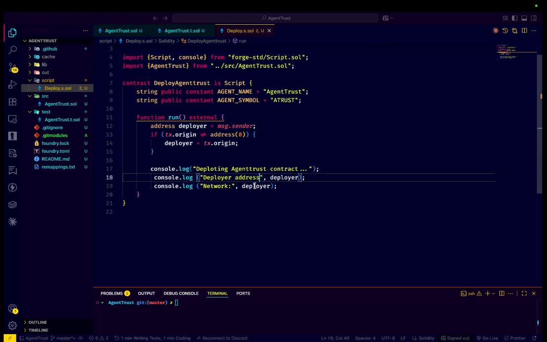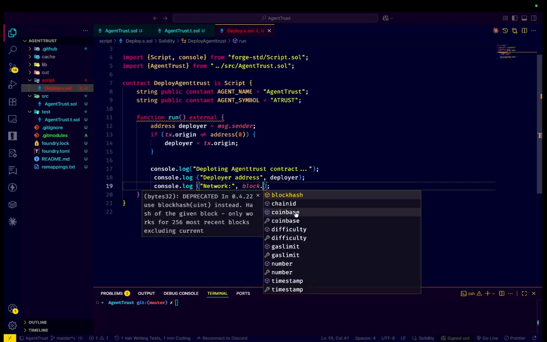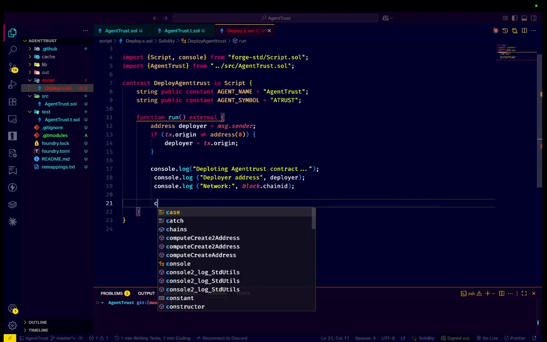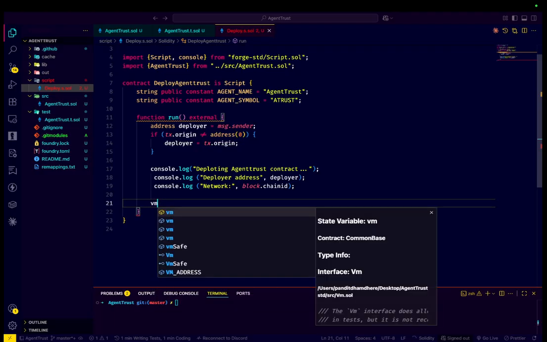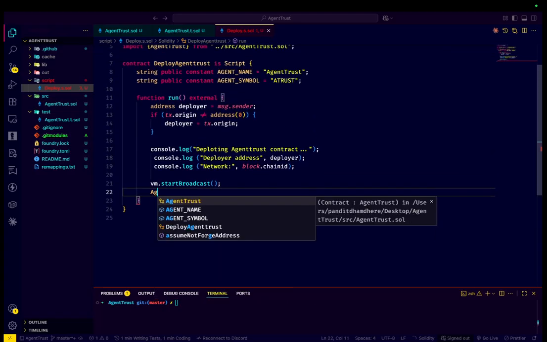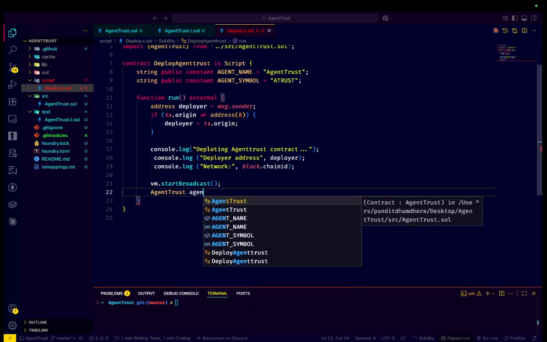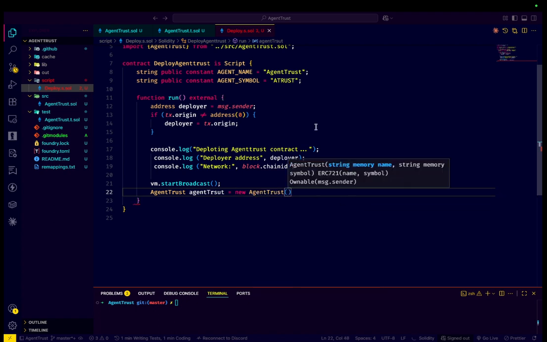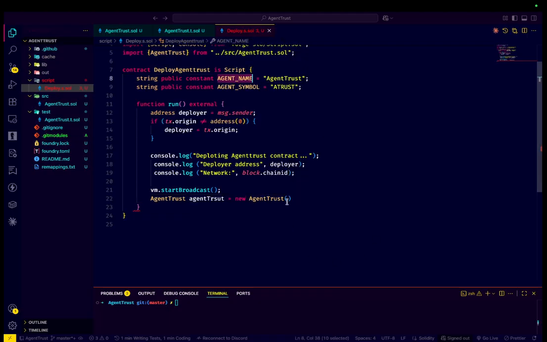And we are going to pass here block.chainid, right? Now let's start broadcasting our transaction. vm.startBroadcast, and here we are going to use AgentTrust agentTrust is equal to new AgentTrust. This is how you deploy contracts, and inside that we have to pass this agent name,